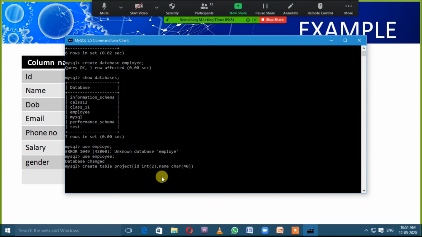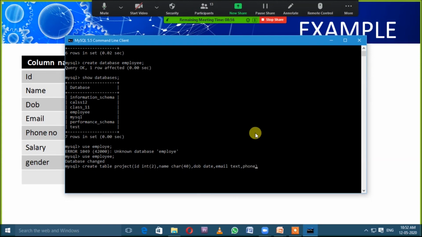It's all up to your wish. After the name, DOB. I am taking date. There is no size for date. Then email. After email, the data type will be text, because here we want to save alphanumeric values in email.